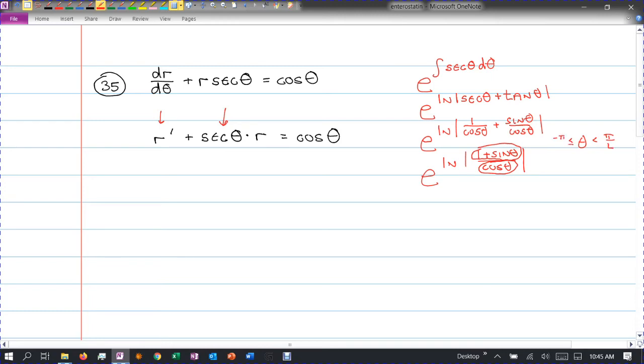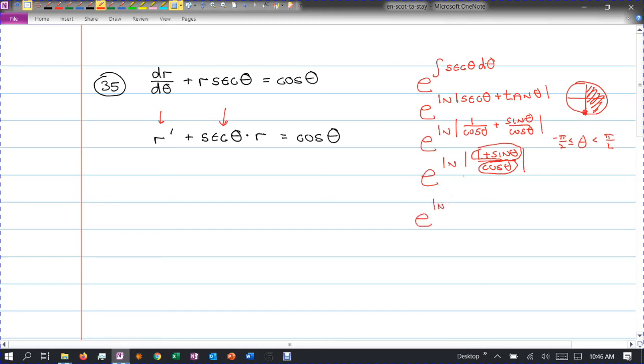Let's see why that's true here. So as long as we're here, cosine is positive, right? The x-coordinate. And then we can't be here because then sine will be negative 1. We'll have 0 on top, so that's a problem. Also can't have cosine be 0. So that's our restriction. But this now allows us to use property of logs to rewrite that as e to